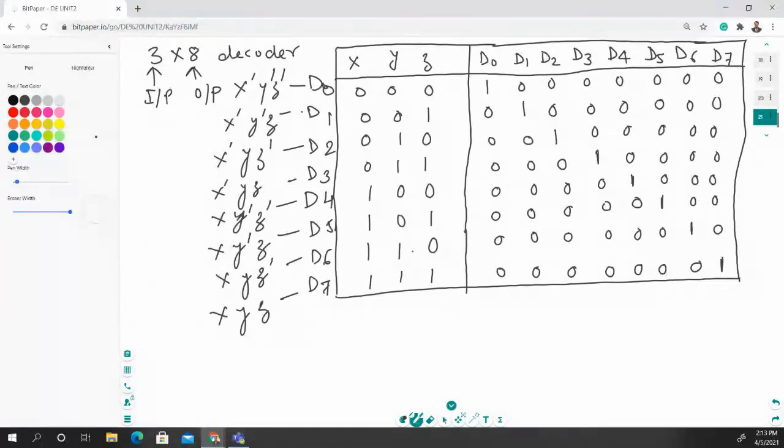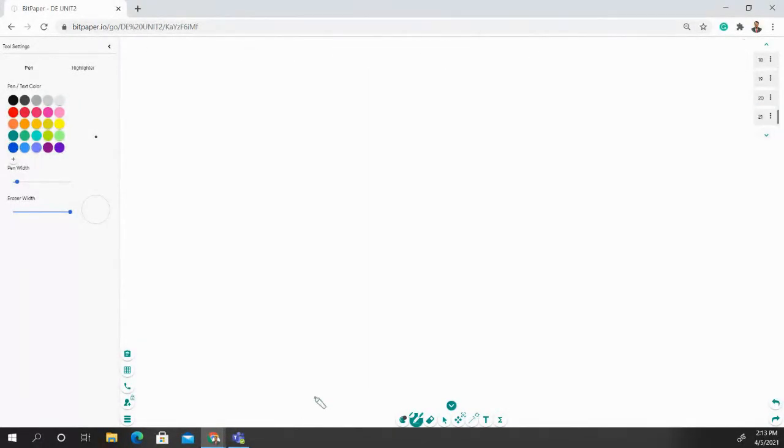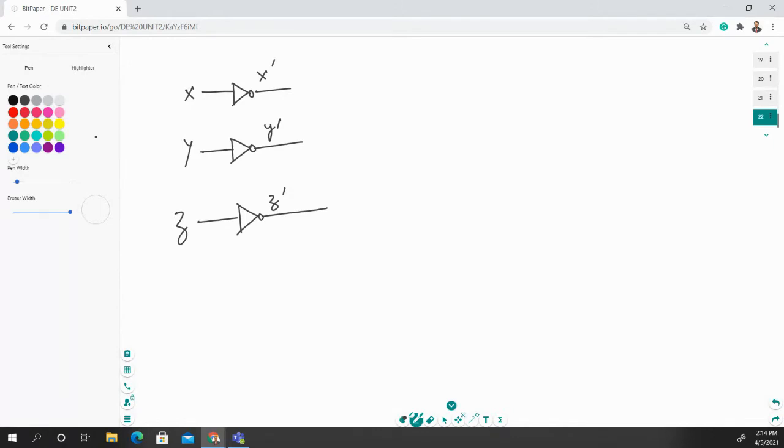Okay, all of you understood? So the gate you require is one that inverts, because you need X bar, Y bar, and Z bar. This is the NOT gate, which can invert the input. Now let's understand: in the first case we are using X bar, Y bar, and Z bar.